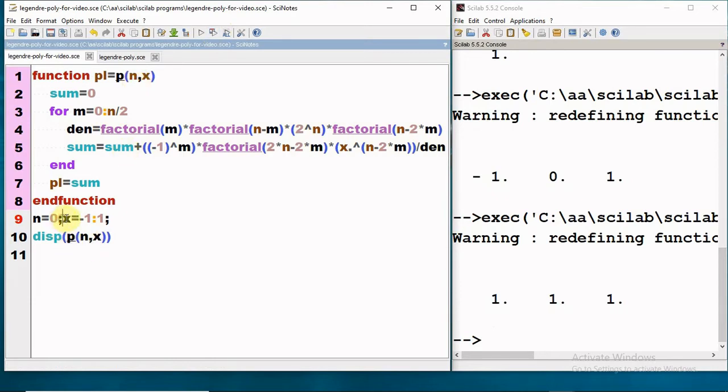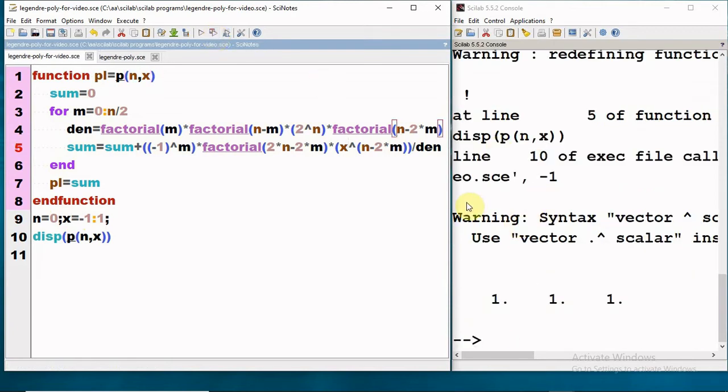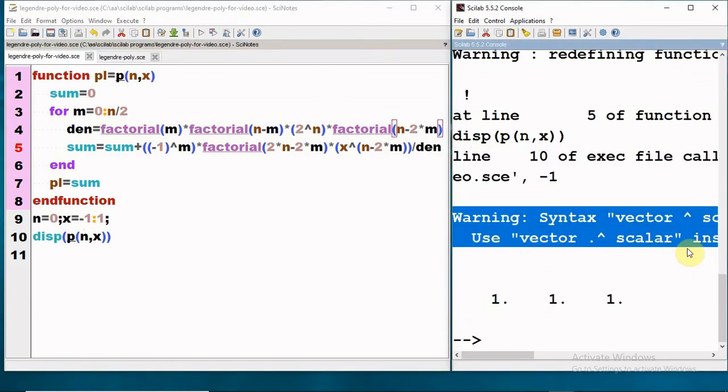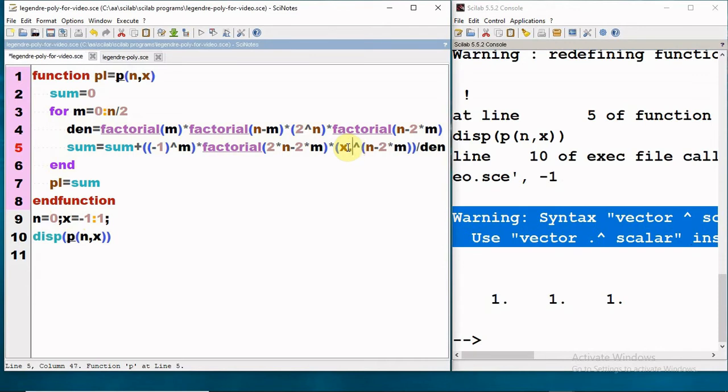But one thing we have to remember: if we are passing a vector, we have to use x dot. If we don't use the dot operator and we pass the vector, then there will be an error. Let us try. So we see that we are getting a warning. This warning is coming because we are passing a vector x, but we are not using the dot operator.